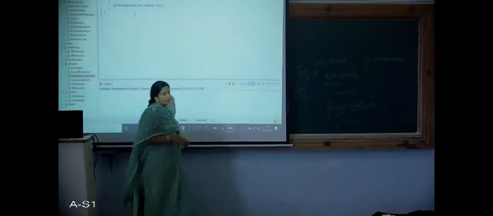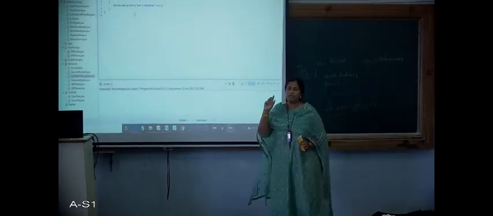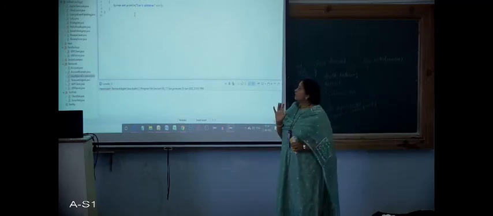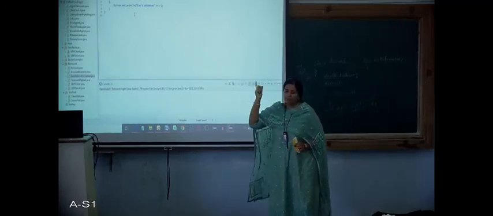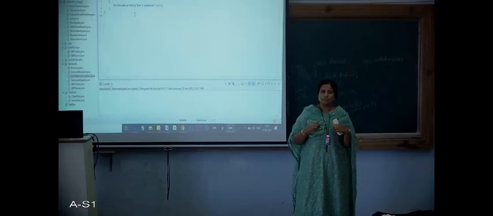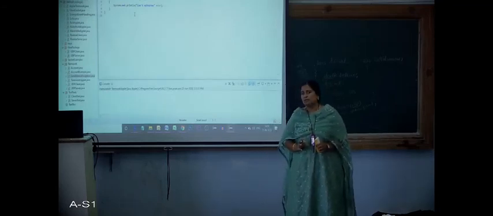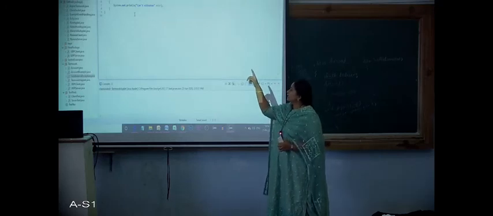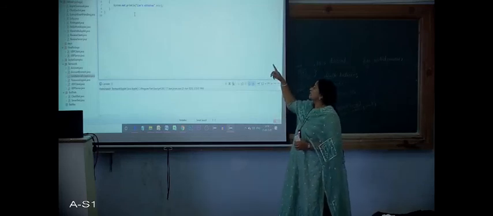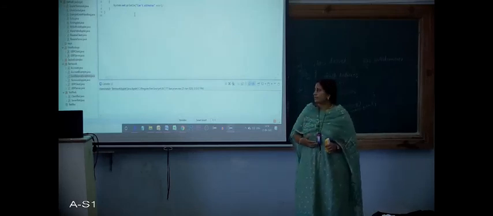You can observe here I have created a class called less balance exception. The name of the class is less balance exception. It extends exception. Whenever we have to create any user defined exception, it has to be inherited from the super class, that is the exception class, which is built in, right? So we are creating a class whose name I have given as less balance exception as per the problem statement, and that extends exception. This is required whenever we have to create custom exceptions.